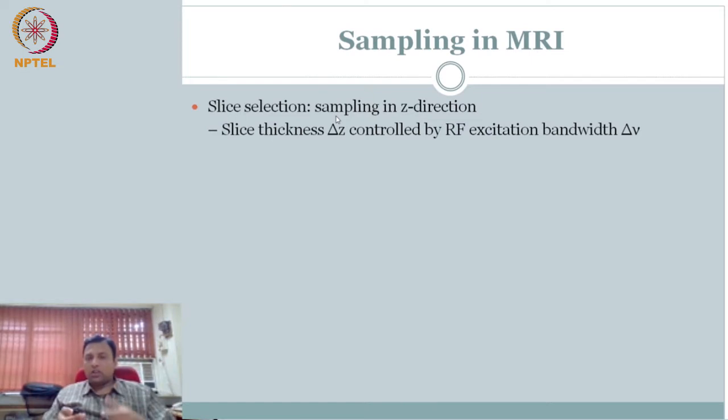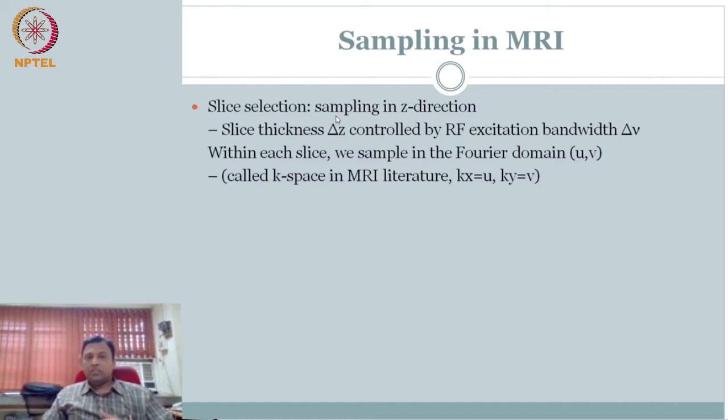But we will now focus not on the thickness as much, for a given thickness, because we are interested in the image. Even though we know even in the thickness direction there is blurring happening because of your delta Z. How you sampled the frequency of your RF excitation is not hard limited, but it has a ramp up and a ramp down. So we leave that. We are more interested in plane, within the image quality or image resolution, or rather image sampling first. So within each slice, we are actually talking about sample and frequency.